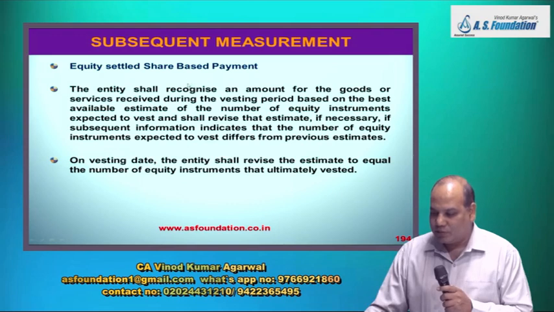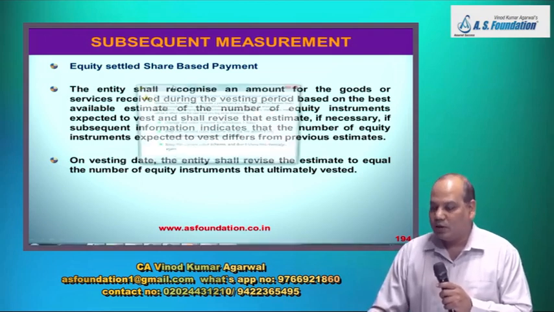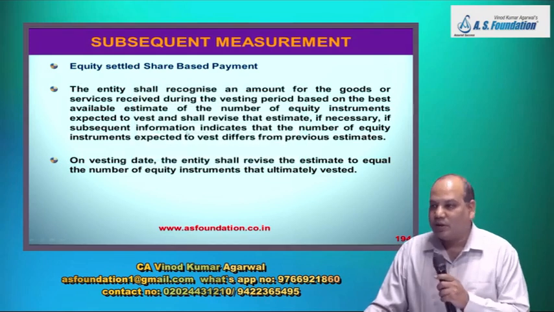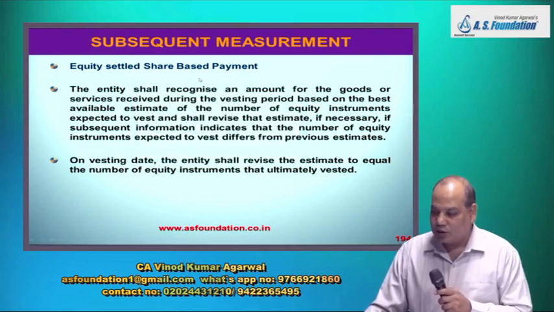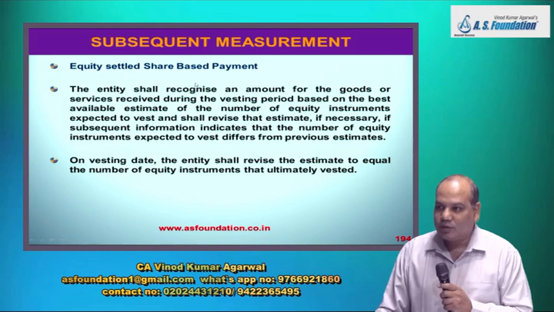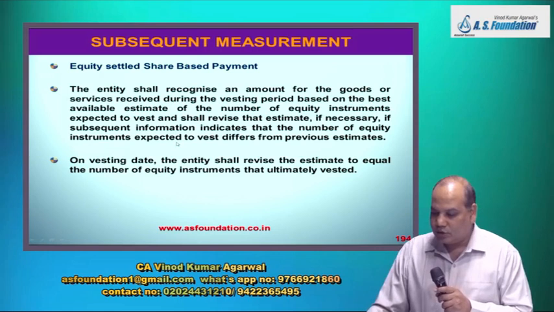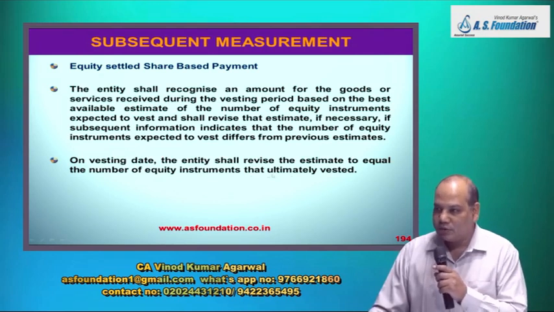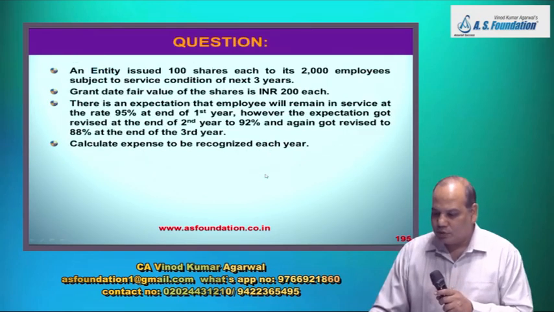For example, if the estimate is based on the number of employees who will complete 3 years of service, then every year we have to see how many employees will be eligible, calculate the estimated number of employees, and then calculate the total expense based on the latest estimate, and accordingly apportion the total expense. On the vesting date, the entity shall revise the estimate equal to the number of equity instruments that have ultimately vested. Actually, we have solved a few questions